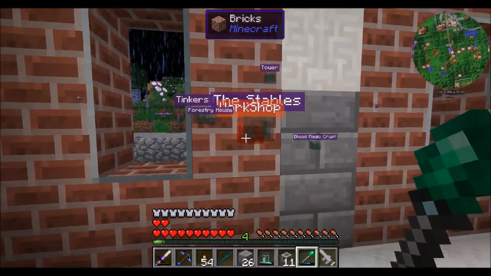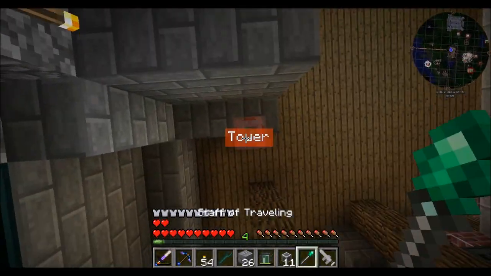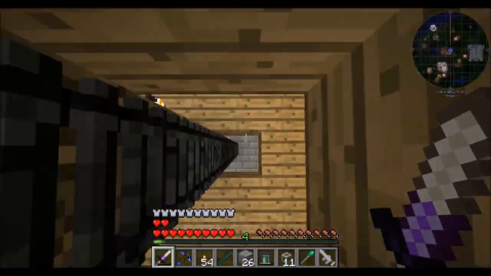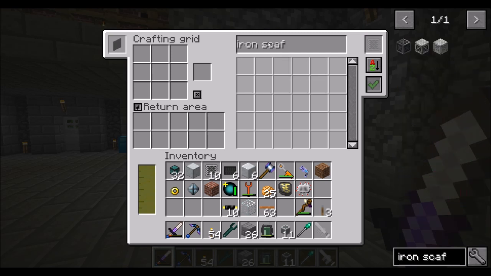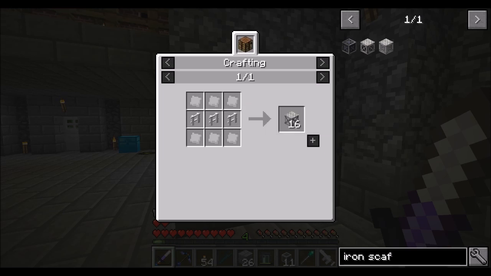Alright, back to the workshop, as we're going to want iron scaffolding, and I'm probably just going to want to sleep through this night. I mean, as much as I'm enjoying a thunderstorm, maybe I won't sleep through the night. It's getting me lots of EU per tick over there from my wind mill. Let's do iron scaffolding. So we're going to want some iron fences, right. So iron fences, I know it's something in one of those machines over there. Iron fences are...